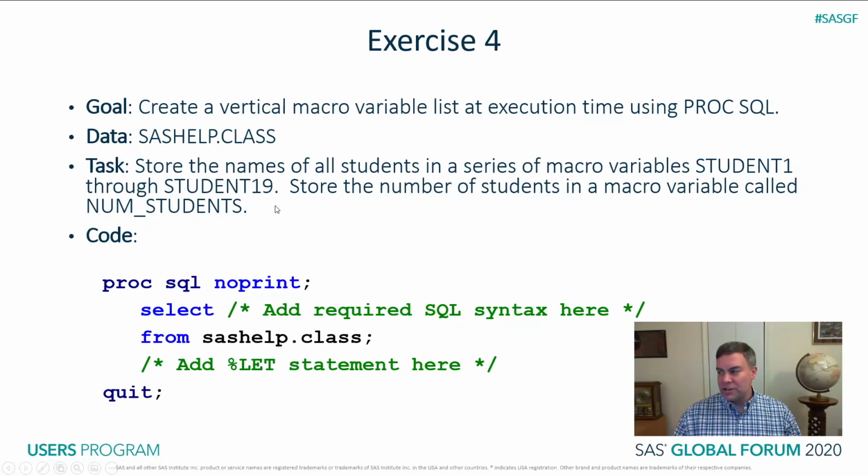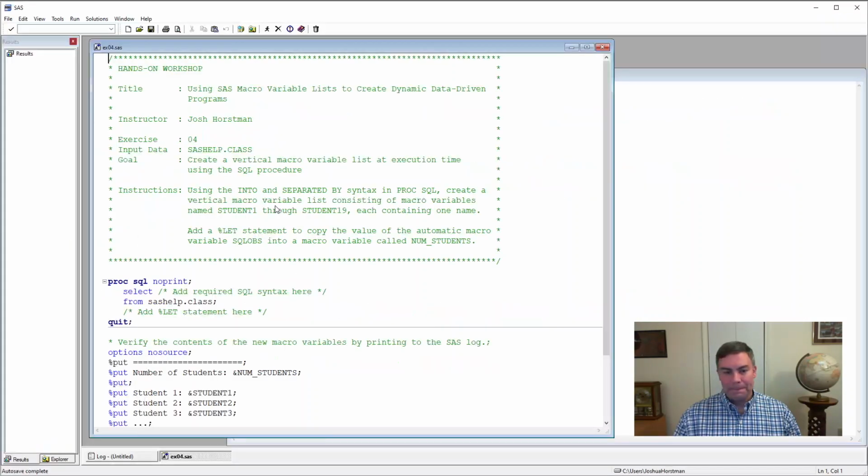So let's slip over to our SAS session here. Here is the code for exercise 4. We have a PROC SQL statement, select, and we need to complete this select statement. Okay, I want to get the names of the students. The variable is name, but I only want distinct values, so select distinct name. And where do I want to put it into? I want to put it into